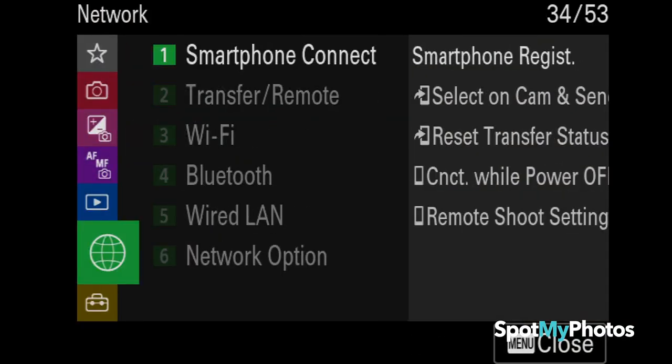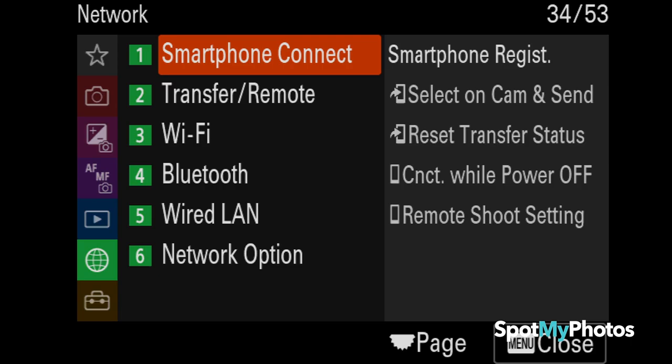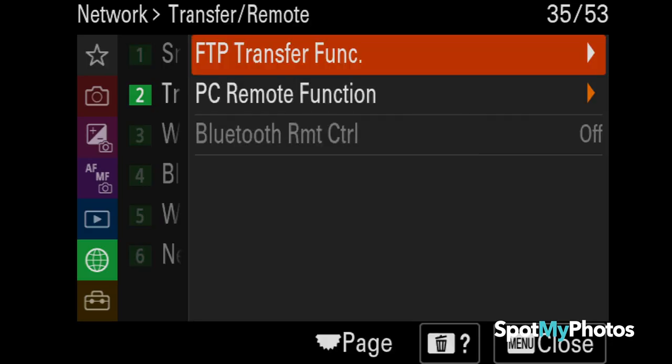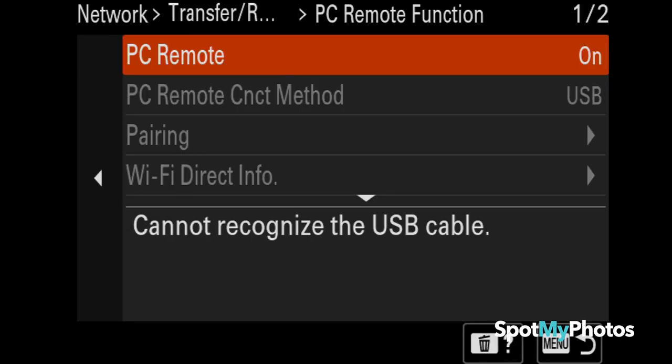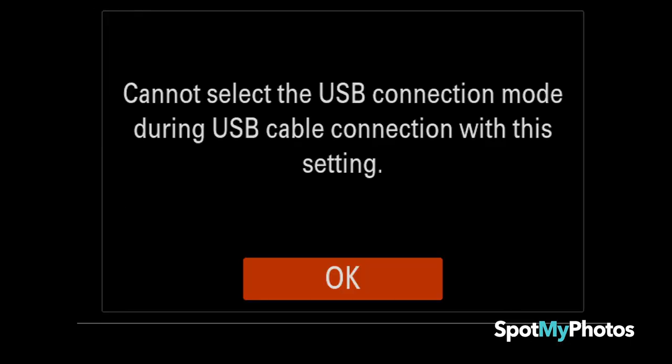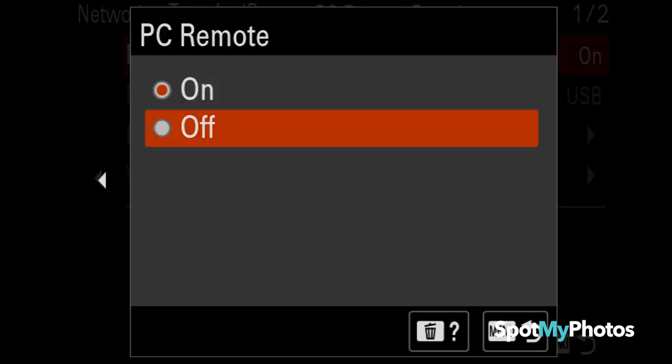Within the menu, navigate to the green glow, which is Network Settings, and go to the Transfer Remote submenu, which is page 35 of 53. Inside that menu is the PC Remote function. Which, if you were set up for hardwired connectivity earlier in the video, shows a USB connection method. You're going to set PC Remote to Off,